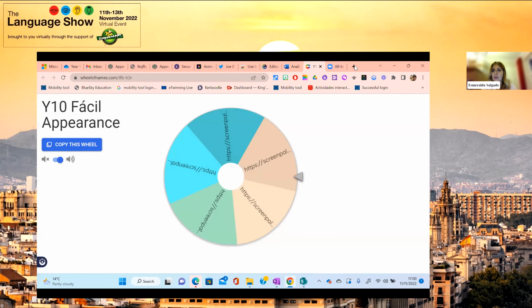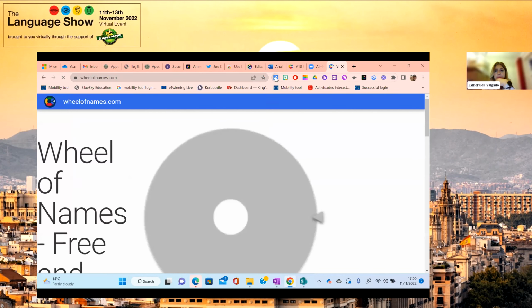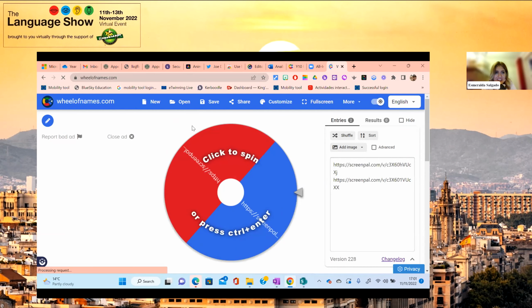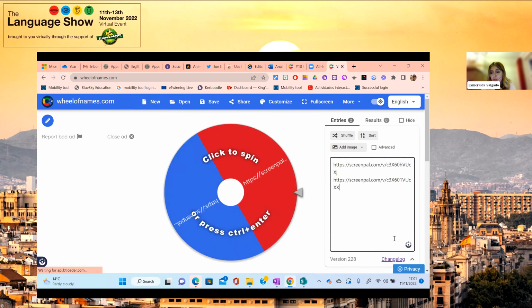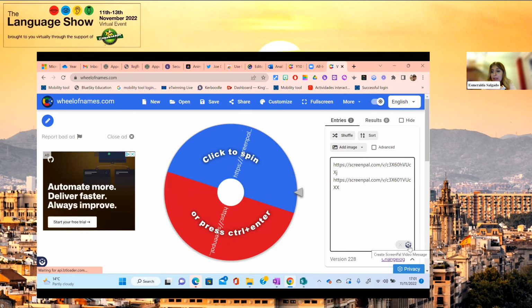How do you create that? Well, this is very, very simple. You go to Wheel of Names. And actually, I've just been creating one for my session. The idea is basically that once you've got that little thing in your extension, automatically you get these little things there. Okay, automatically. That's in most of the process anyway.